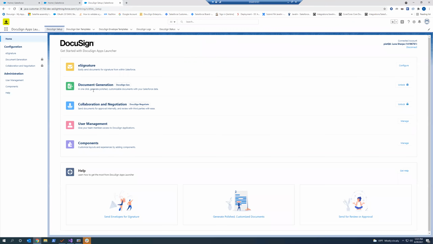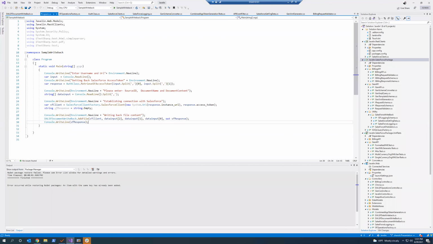It goes back to that. Now you have registered 100% into DocuSign. Now, since this user has been registered, I went ahead and created a demo script. If you can see, this is a simple program. All it does, as I said, is take a username and URL and return the Salesforce access token. Then I'm going to show you the flow where we are doing a document write back, and then I will show you where the document has been written back.